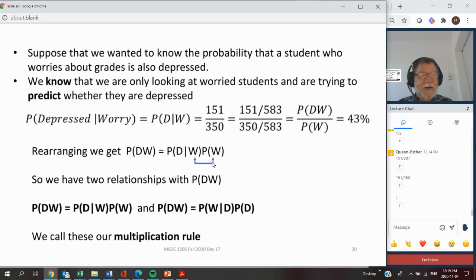So I look at how many are depressed among those that are worried, and then I look at how many are worried. So I adjust for that bit. So I have two different ways of writing the same thing. That depressed and worried is depressed given worry, like I've got up there, or it's worry given depressed times probability of depressed. And we call this,